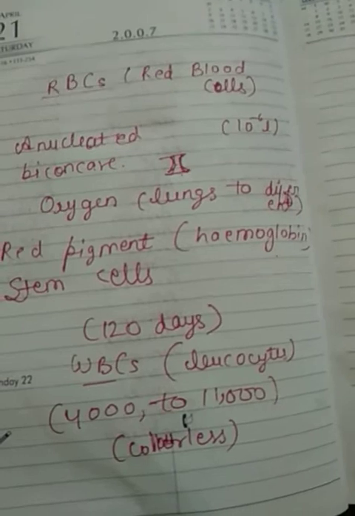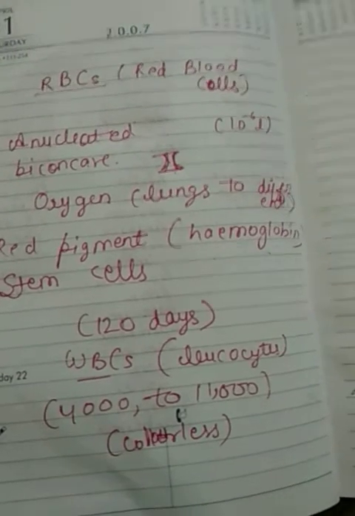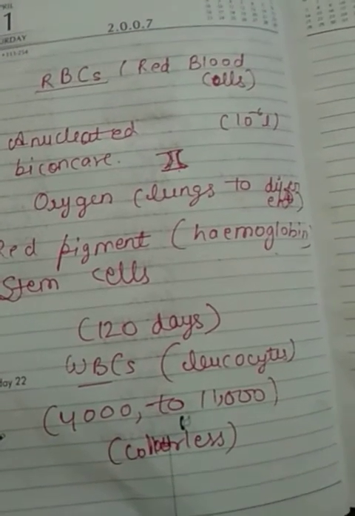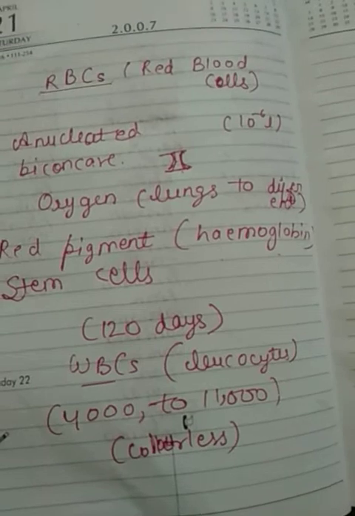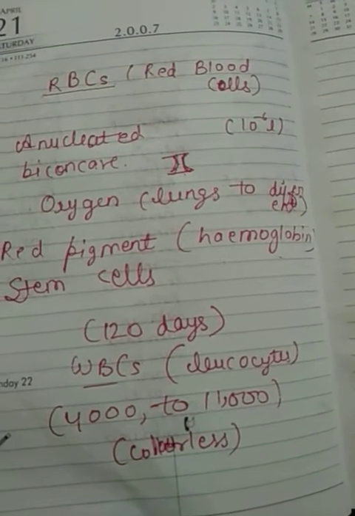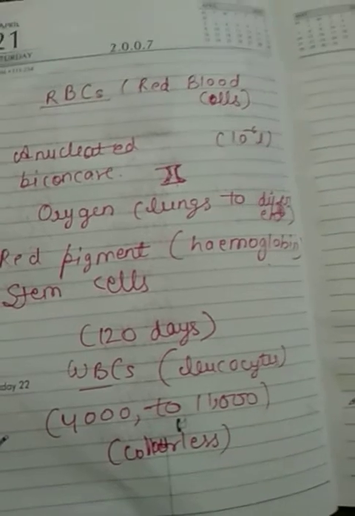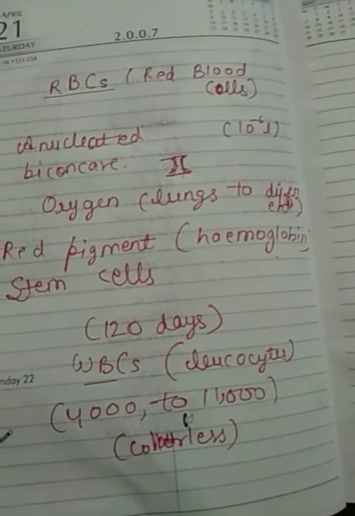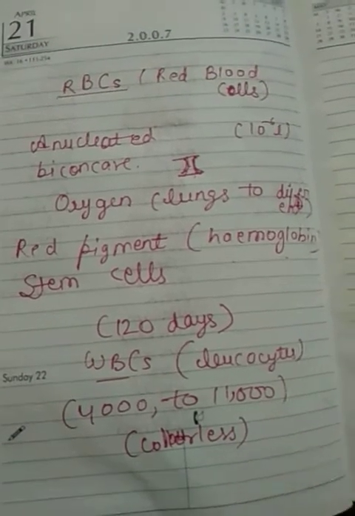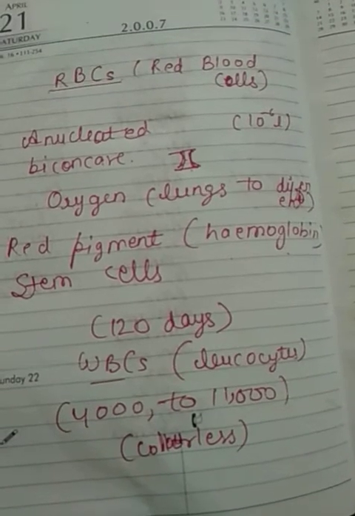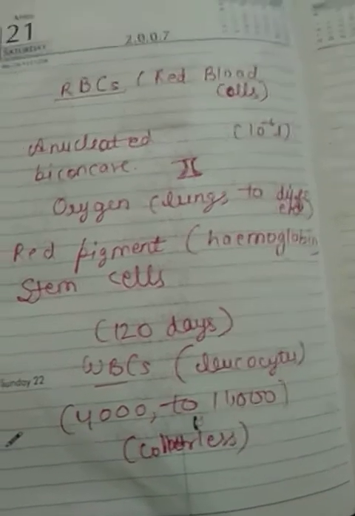He will fall ill very quickly. So if somebody has a very strong immune system, they have the capability to fight against diseases. So the resistance against diseases will be more. So that is the immune system. Now these white blood cells form the immune system. They help to fight infection, and that's how they protect our body.